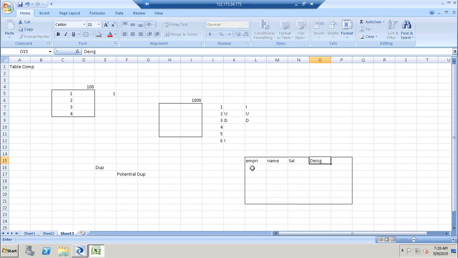So I have a table here: employee number, name, salary and designation. I have employee number 1000, name Samuel, salary is not given, designation is not given. Then I have employee number 1000, name is not given, salary as, let's say, 10K, and designation as manager. So I have one more record here as Samuel,